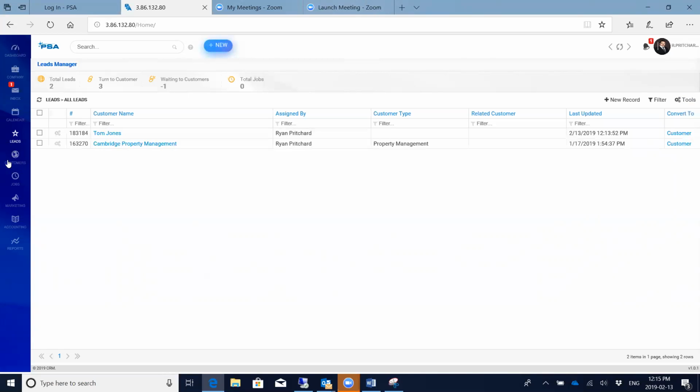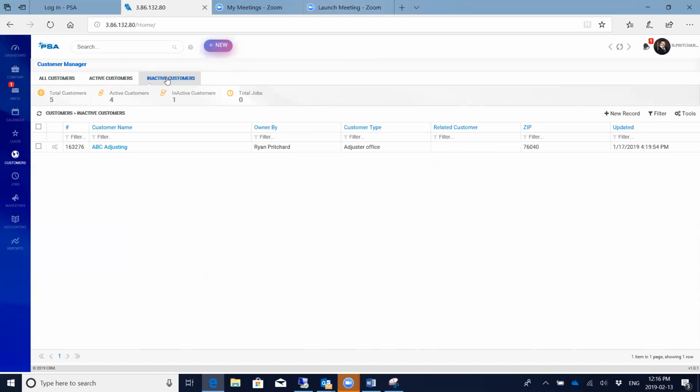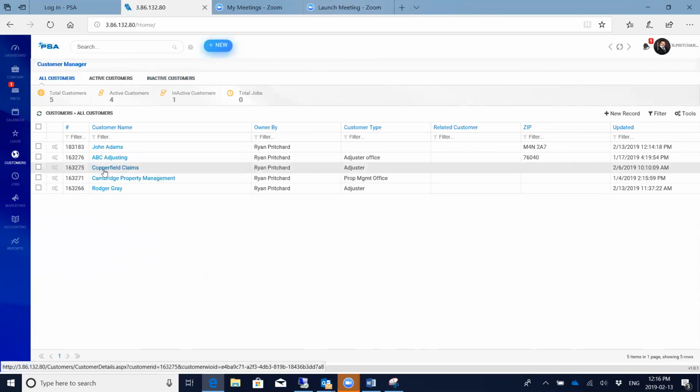Our next menu option are our customers. You can open up a customer listing. But I wanted to point out that you'll see again, we have our number of customers, active, inactive, and the jobs associated with those customers. You can also break it down by the list. Taking a look at one of our customers,